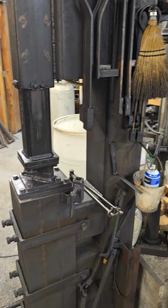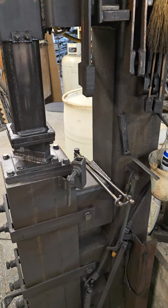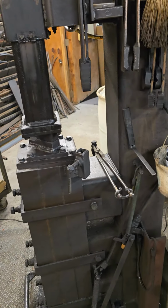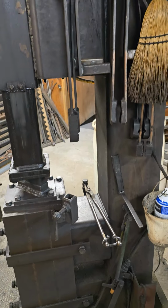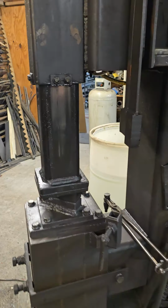I built two of these. The first one, after I built this one, I sold it. It was smaller. It was made off the Ron Kenyon idea of plans that you can get from the Artist Blacksmith Association of North America, ABANA. You used to be able to buy plans from them for a power hammer, and it was different in that it had